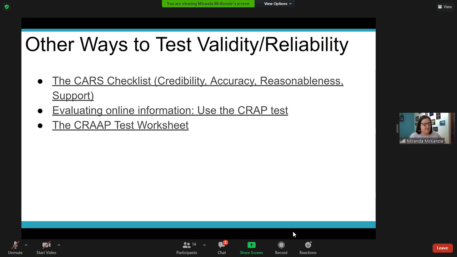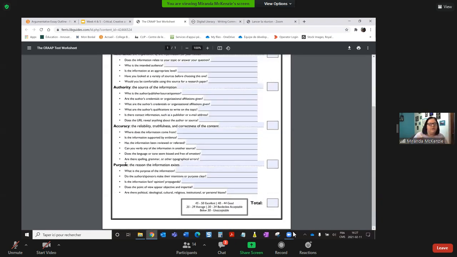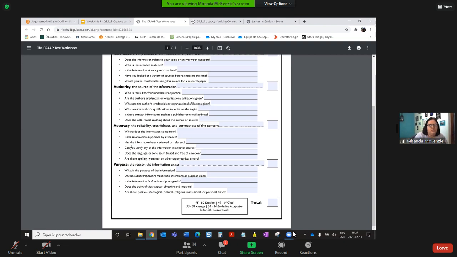They've just used different acronyms. So you can click on any of these. Some of them are worksheets that actually are clickable and fillable. Here they have currency, which goes back to accuracy in the other one. So relevance, authority, accuracy, purpose. They're all going to be very similar in the types of information